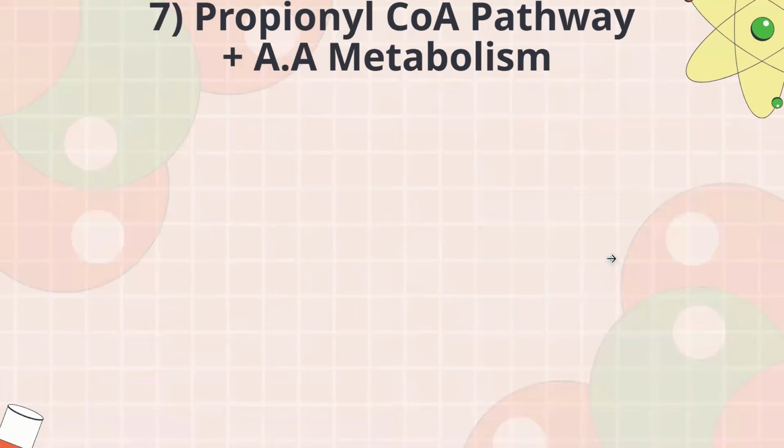So let's talk about the final thing on the checklist here and the final thing of this lecture, which is the propionyl-CoA pathway for amino acid metabolism. Now, the propionyl-CoA pathway is a very easy pathway that was discussed in fatty acid oxidation and fatty acid metabolism and the other lectures. So for those who studied it, you're going to find this easy.